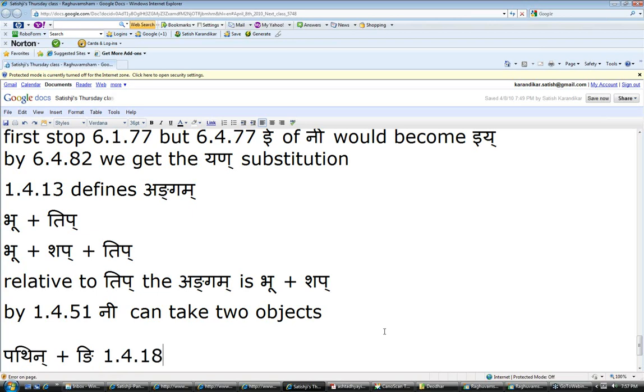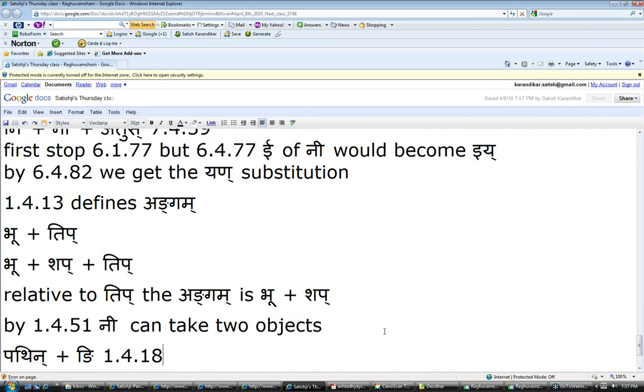You must have heard this many times from me already. You're going to hear it another 1,000 times from me. Yachibham means Swadeshu Sarvanama Sthane Yachi. So if you have a pratyaya which is Swadi, so Su just amount all the way up to the end of 5th Adhyaya, it includes those 21 pratyayas, all the 3 pratyayas and all the tadhitas. From 412 to the end of the 5th chapter, all those pratyayas when they come, if they begin with a yakara or an ach, then the anga gets bhasanya.